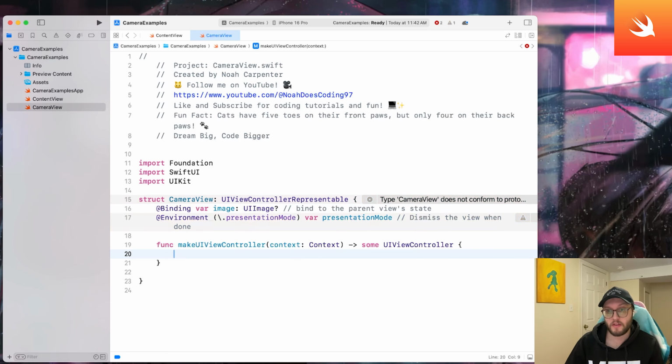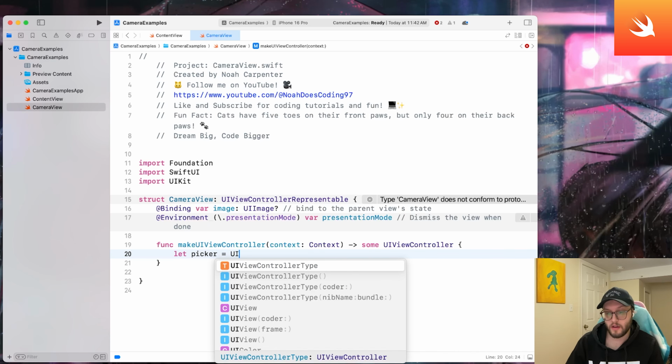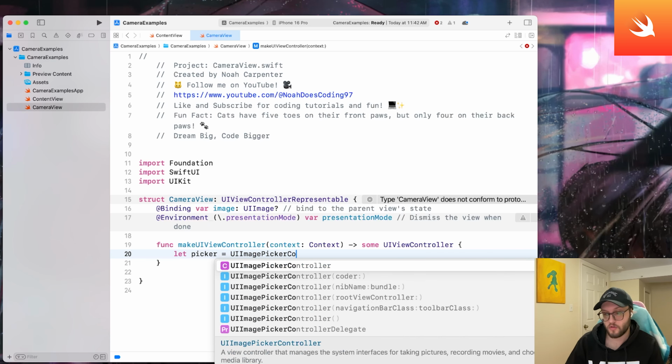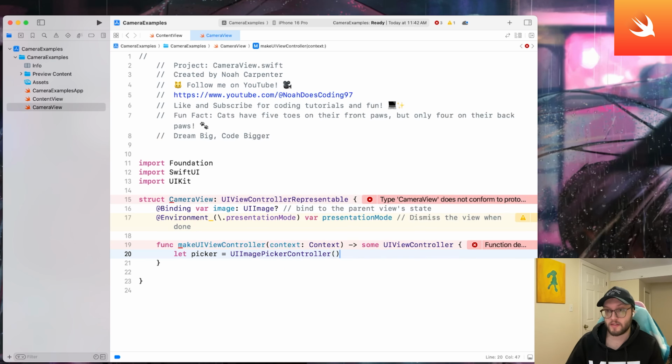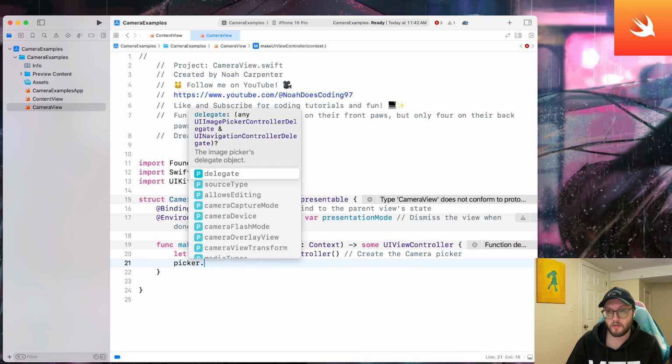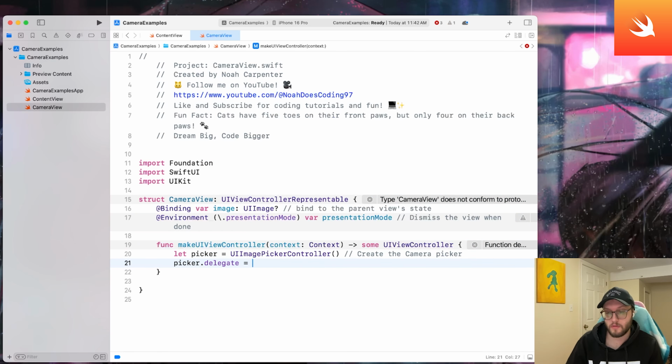So we're going to add some things here. The first is let picker equals UIImagePickerController. We're going to add empty brackets there. So this is going to create the camera picker. If you're copying this, you can also add the comments to give yourself a little bit of guidance for next time. And we'll do picker.delegate equals